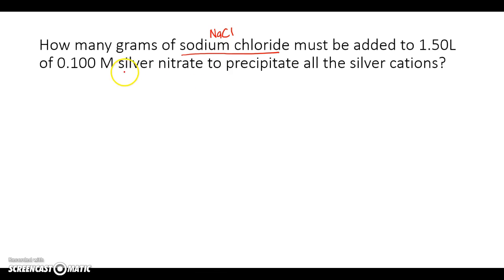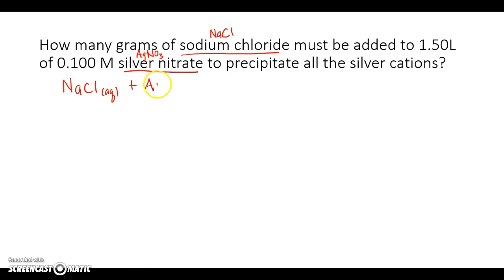And then it is talking about silver nitrate. Silver, just as a reminder, has a +1 charge. Nitrate has a -1 charge. So that also can combine as a 1-to-1 ratio. So our chemical equation thus far is NaCl. And if I look at my solubility chart, I see that it's aqueous,